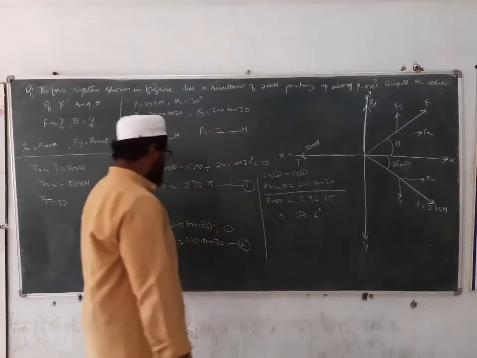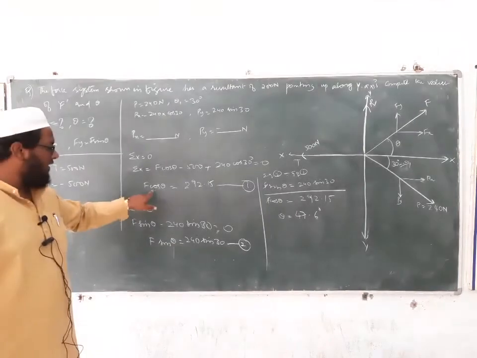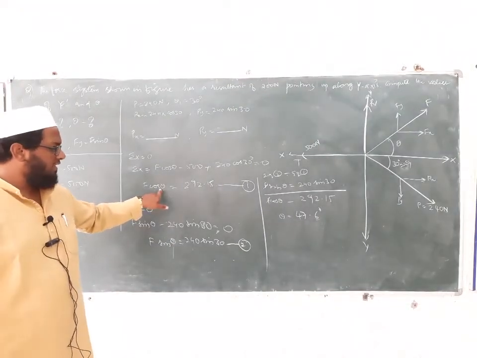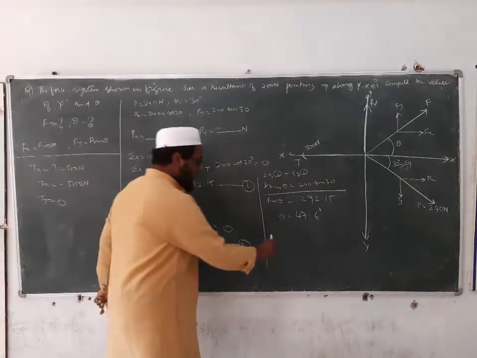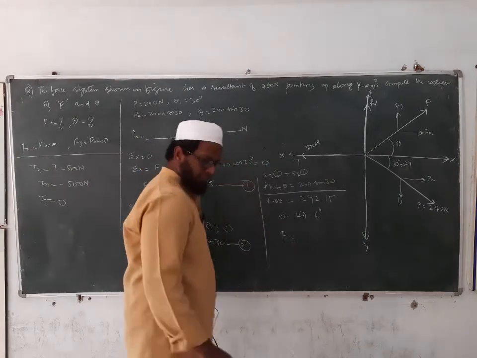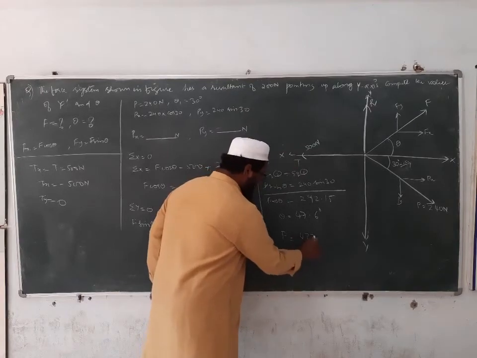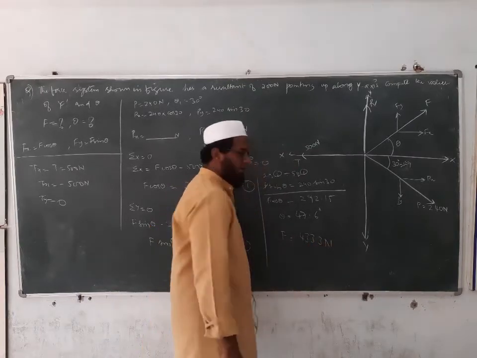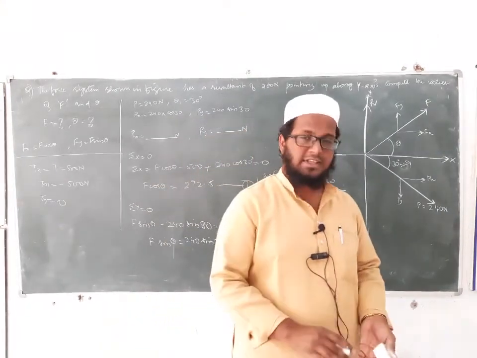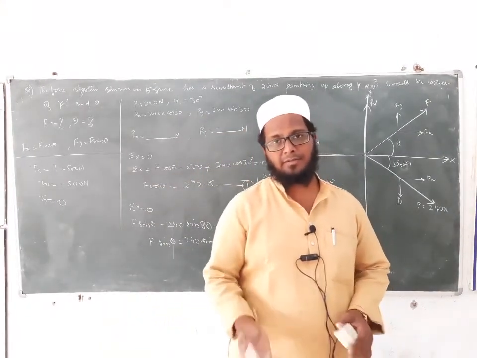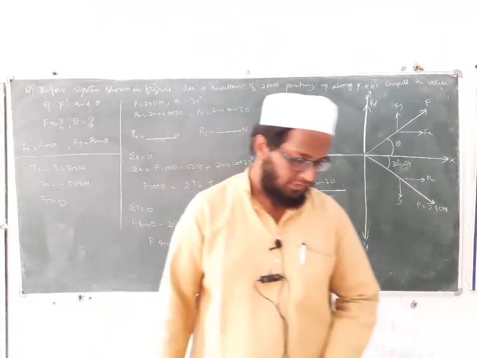Once you got theta, we can substitute the value of this theta in equation number 1, F cos 47.6 degrees. Then you send this cos theta value towards the right hand side, you will get the value of F as how much? 433.3 newtons. Okay, this is how we calculate our forces when the resultant is given and the magnitude of the force is not given.